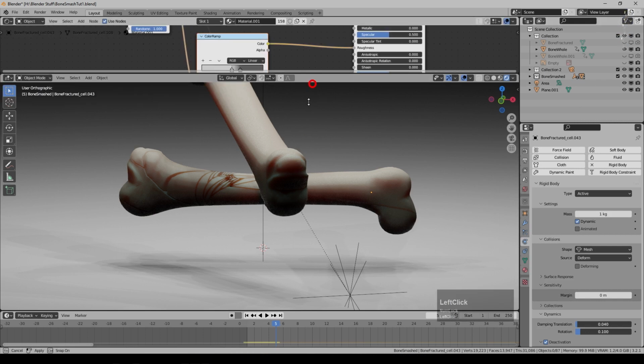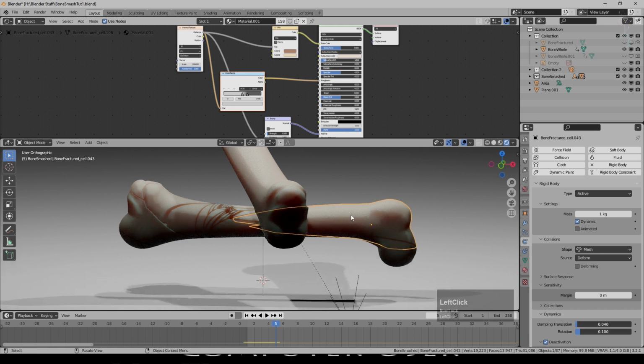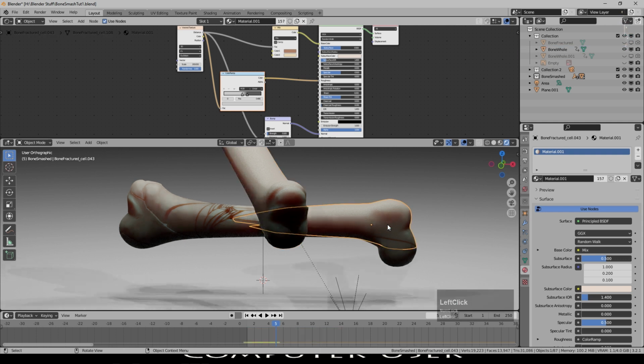I'm not the only one to have had issues with that, so we'll have to do it in materials. So we've got our basic bone material here, and what I'm going to do is make another version of it. The version that's on my fragments I'll leave as is, but the version on here I'm going to make unique. You see there's 158 copies of it. I'm just going to click that, and that will mean the changes I'm about to make aren't going to affect this one. It's unique. If I go back to here, you can see there's now 157 copies of it. All these fragments use that version.